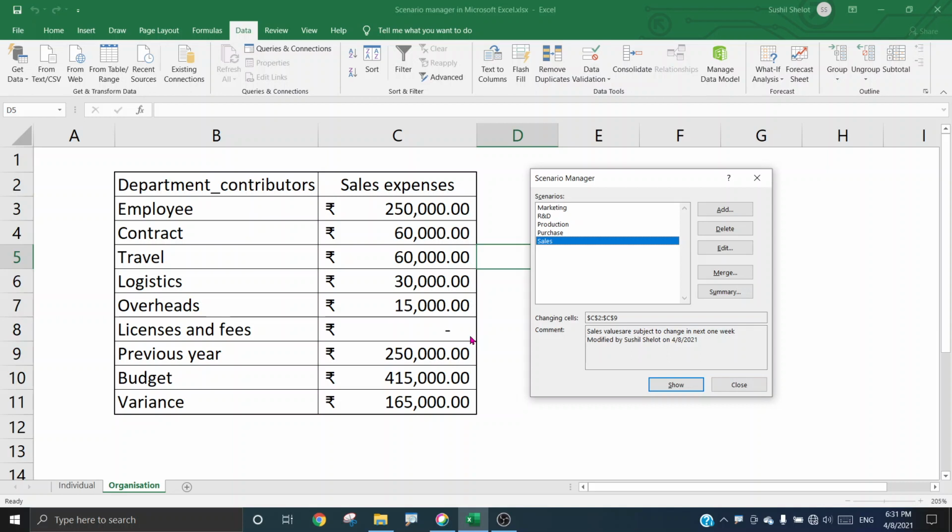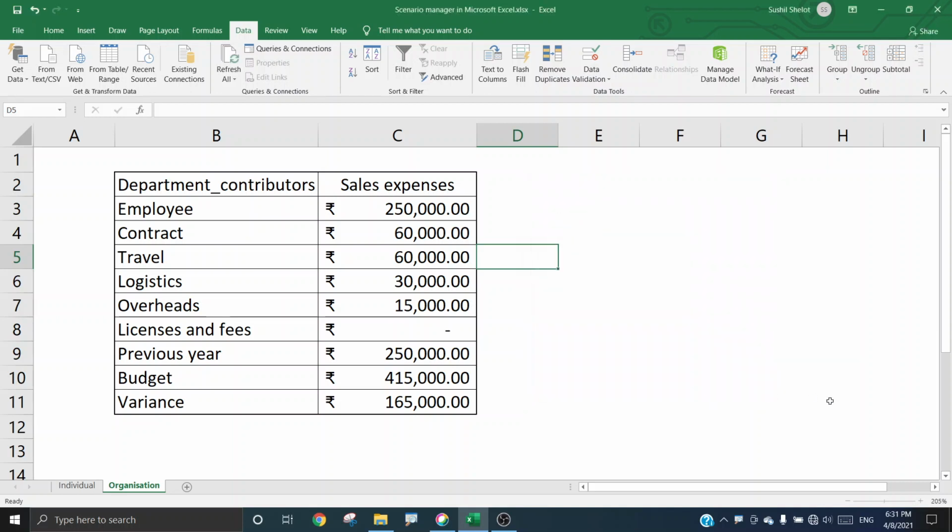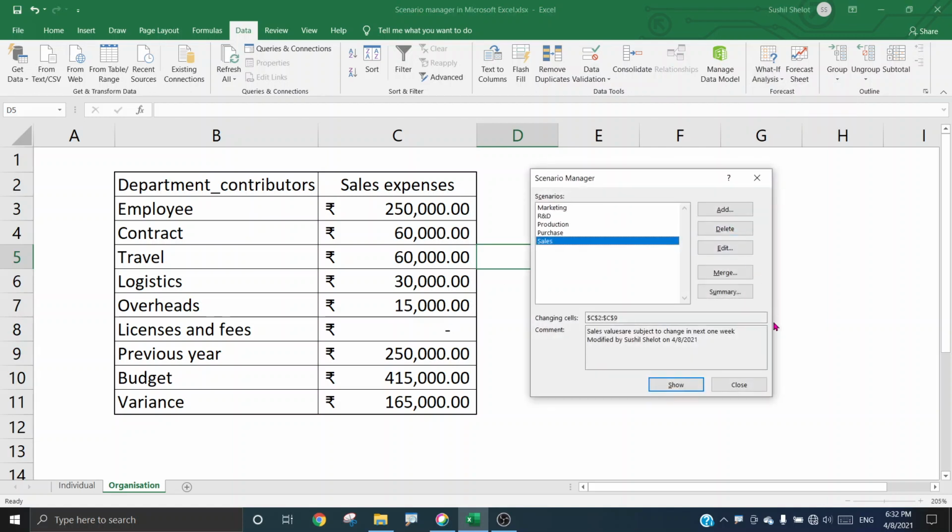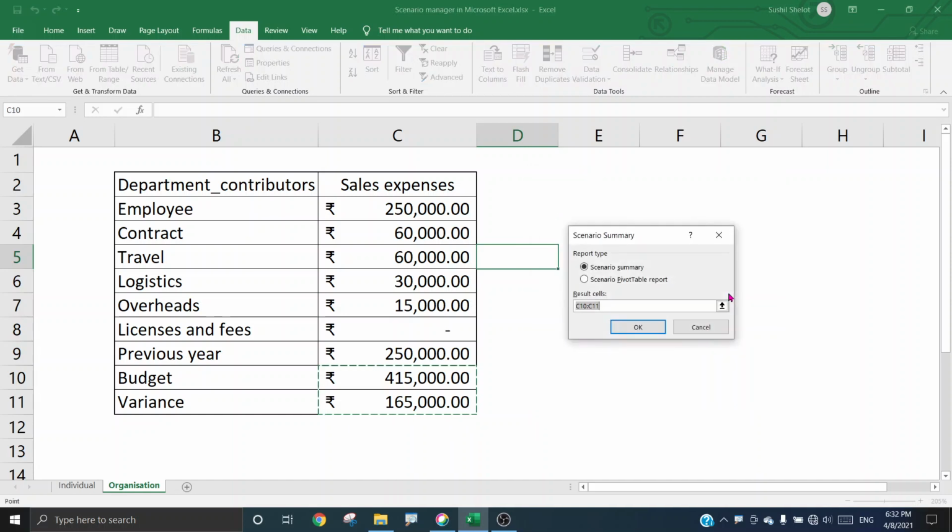Now friends, when I say the scenario is done and I close it, now if I choose to retain these values here, as we saw in the earlier example, the current values appeared in the summary. So I'll give a live example here. I'll demonstrate to you here. By clicking summary, the summary can be created for all these scenarios. So I've created 5 scenarios here. So let me say create here. It goes to scenario summary.